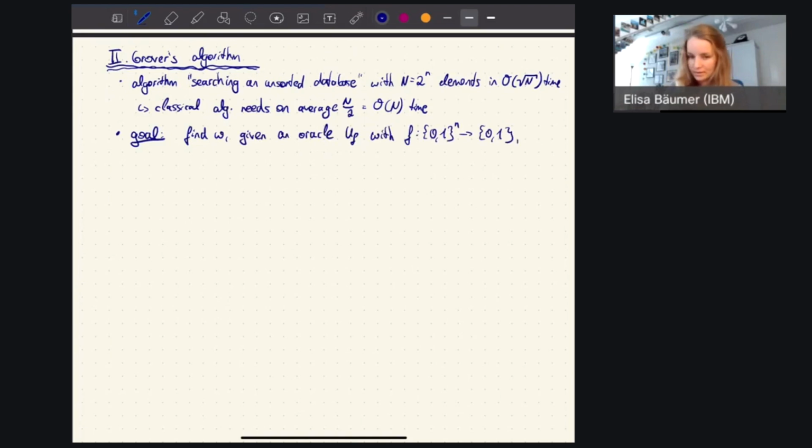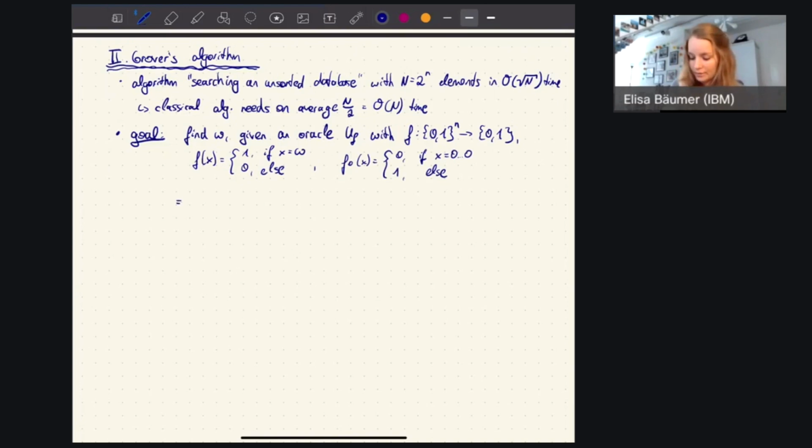And then we would get f of x would be 1 if x is the element we're looking for, and it would return 0 in the other case. Also, we will use later another function which I call f0 of x, which can also be efficiently simulated because it's not actually an oracle. It does not depend on w at all, but it is just a function that returns 0 if the input is just a 0-bit string, and it returns 1 in any other case.